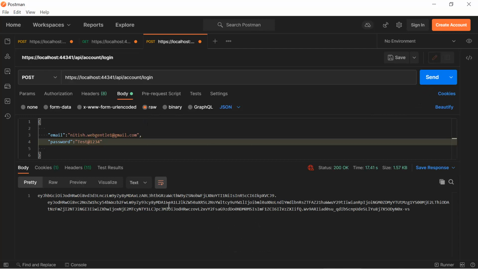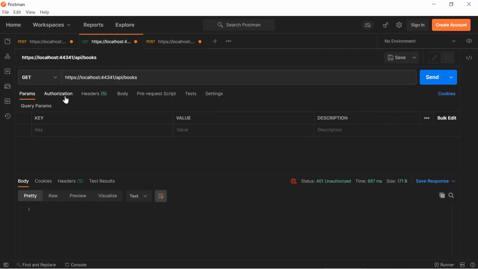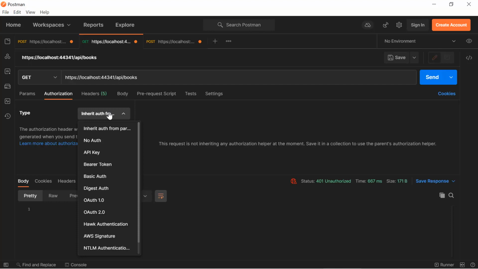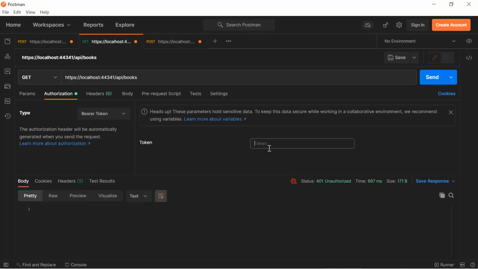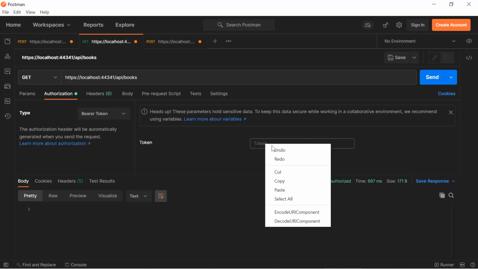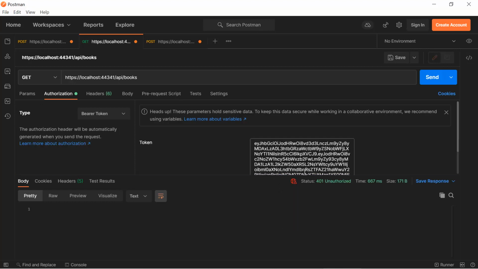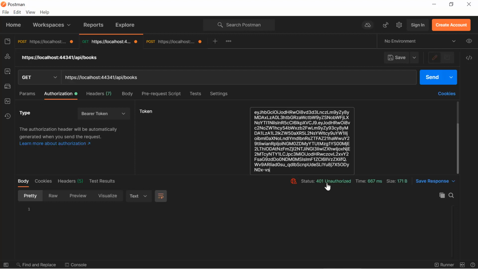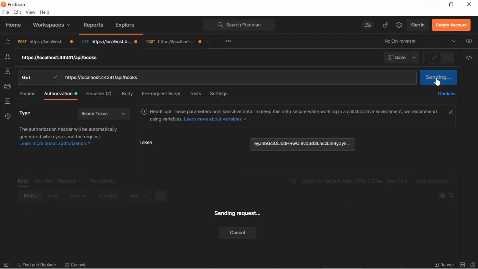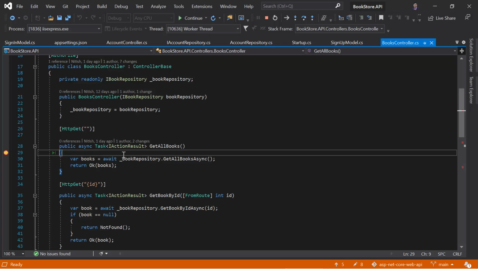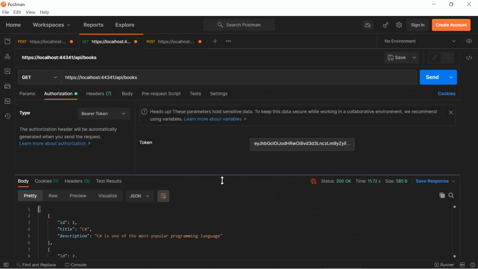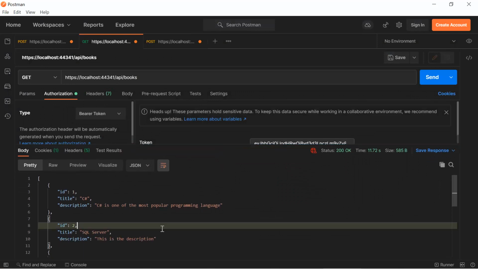Here is the token that we got as a response of this API. Let's copy this entire token with the help of this button. Now go back to the all books API over here. Now here in this authorization tab we have to use the bearer token, this one, and here in this section we can paste this entire token. So let's right click and hit this paste button. So we have pasted the token. Now remember earlier we were getting 401 error. Now if I hit the send button, you can see that we got the breakpoint over here on this get all books method. Hit the continue button, and here you can see that we are getting all the books. This is how we can access the secure API in ASP.NET Core web application.